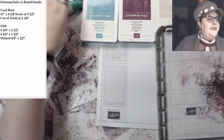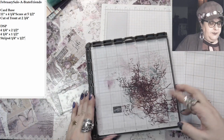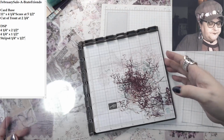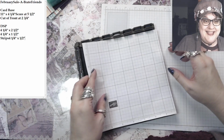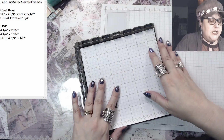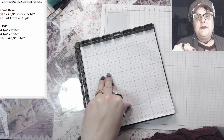I always have my chamois to clean all my stamps. And then I'm going to move this just slightly here. I have my Stamparatus, and I am going to change out my paper. My paper was looking a little old from all my stamping. Okay, so the paper doesn't come with it, but if you have a question about the Stamparatus, I have So Now What videos